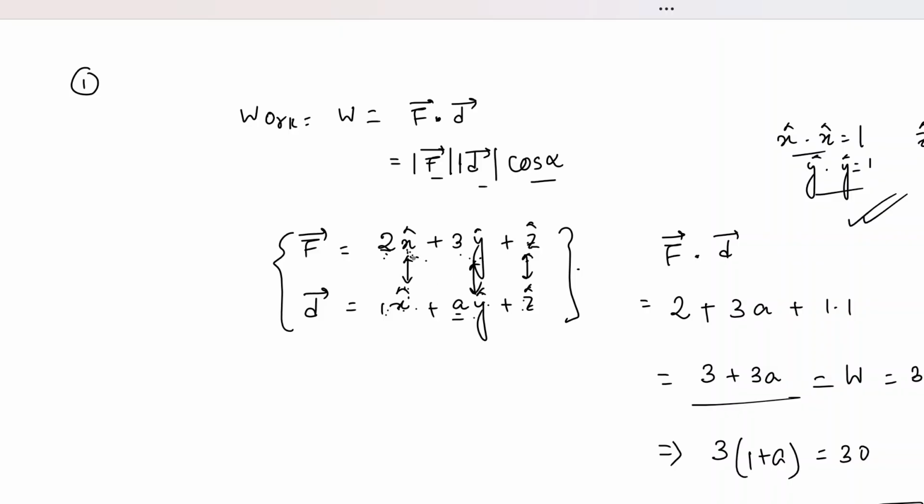So whenever you take this to this, let's say I am going to use a different color. If you take this to this, x dot y is already giving you 0. So even if you have 2 as a coefficient and a as a coefficient, that is going to give you all 0 value. So those have no meaning to be added. Right? So our answer to the first question is 9.